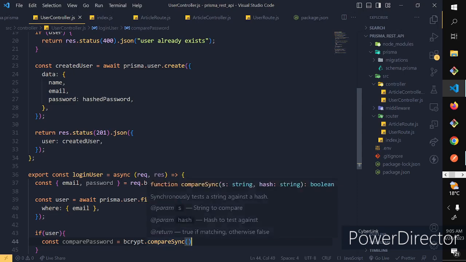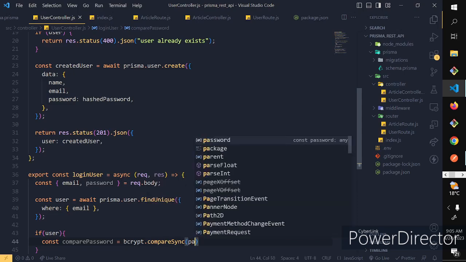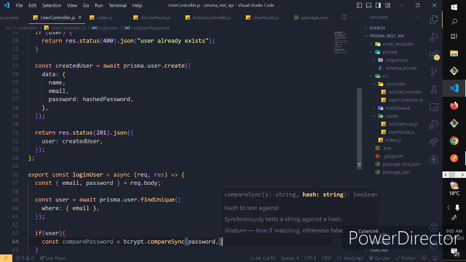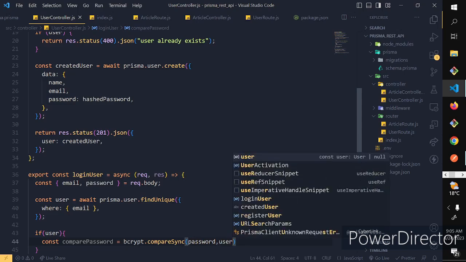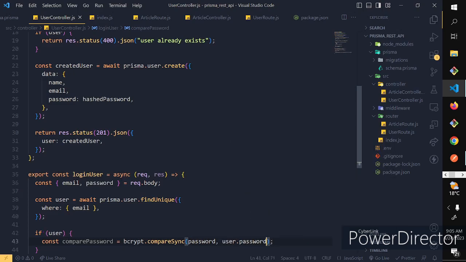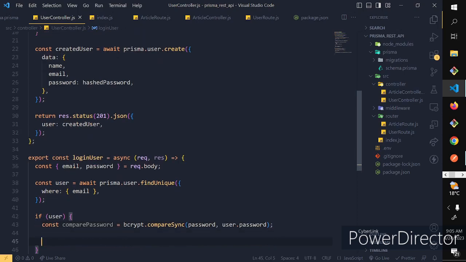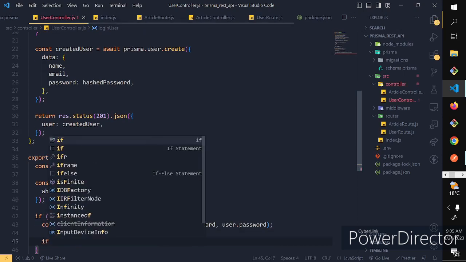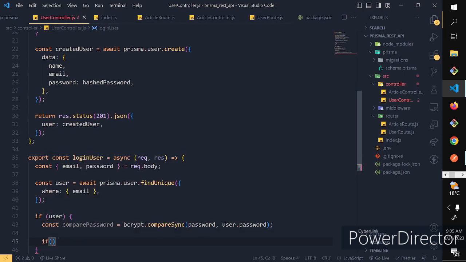So here we'll pass in the password, then the hashed version of the password. So we do user.password, like so. So if this password matches, so if comparePassword, so this will return a boolean value. So we check if that boolean value is true,